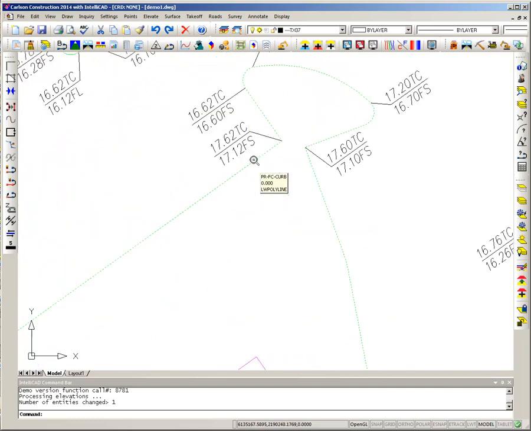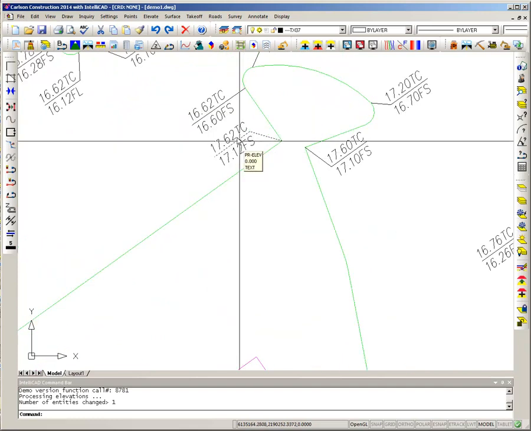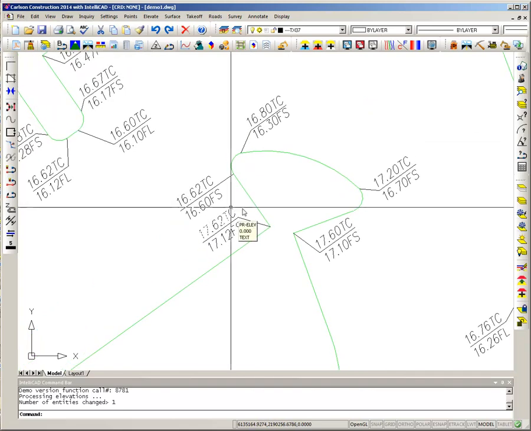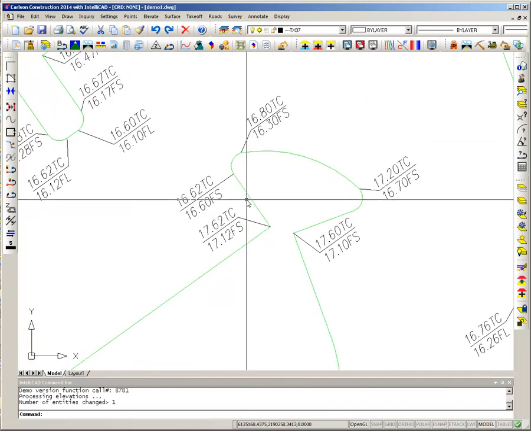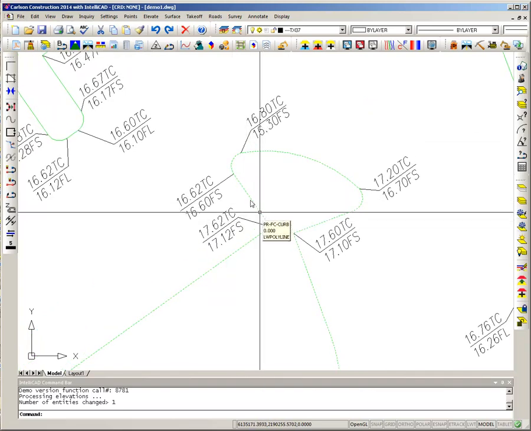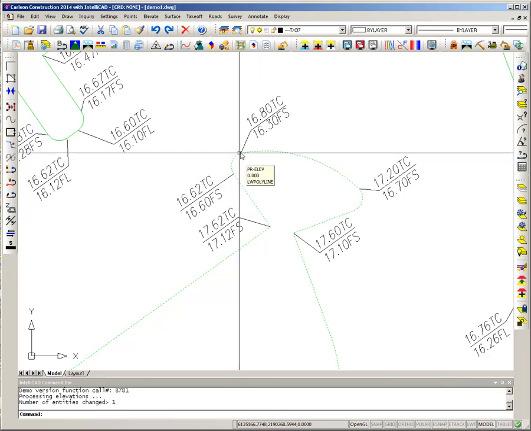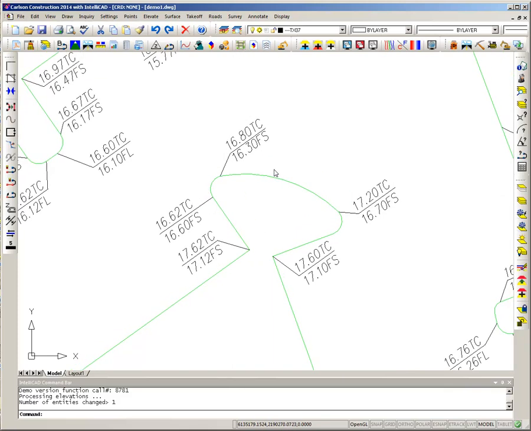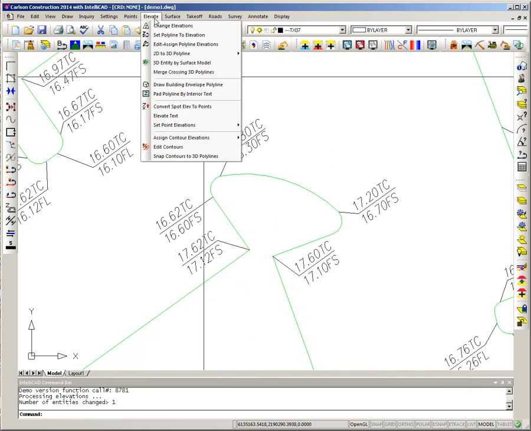And if I go over this line work, I can see I can't set it all to one elevation. It's a 3D polyline. I need this line to be interpolated between all these points. But we have a command specially designed to handle this line work. If I go to elevate 2D to 3D, so I have something that's at 0 elevation,